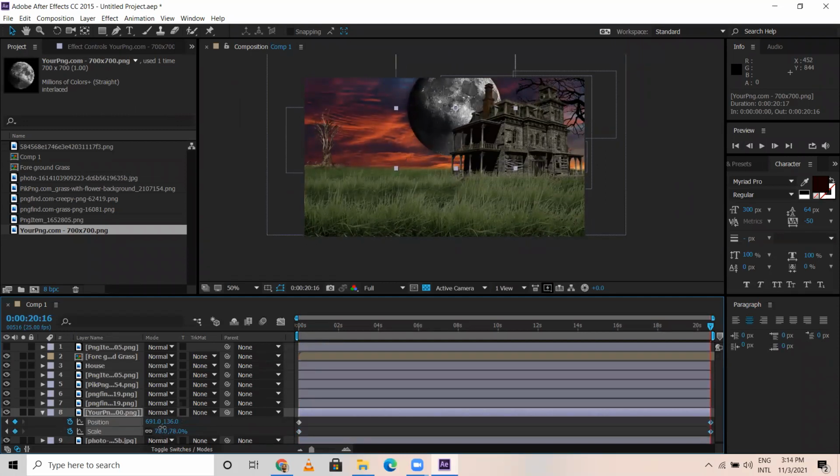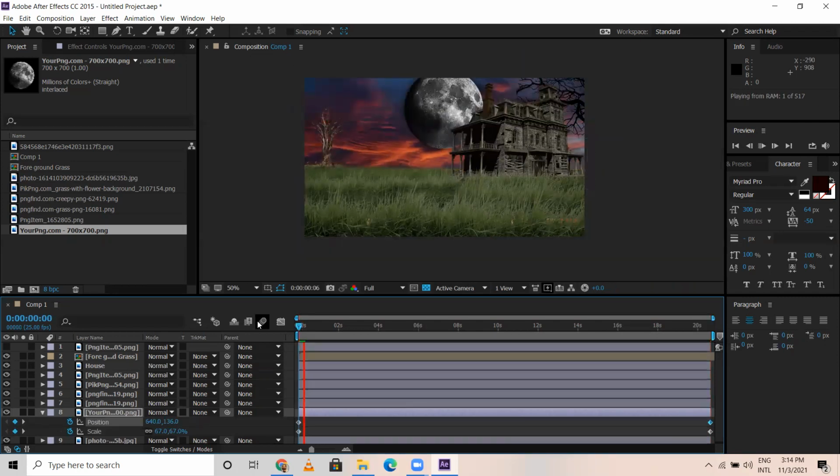Scale, I'm gonna make it a bit close, and position, y-axis, something like this. Now when you play this, you can see sky and moon, both of these are moving. It's getting animated, right? Great.